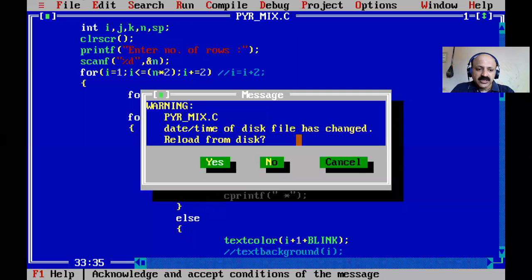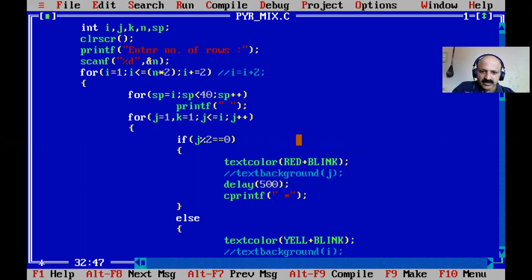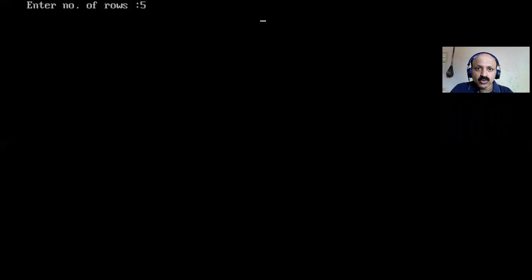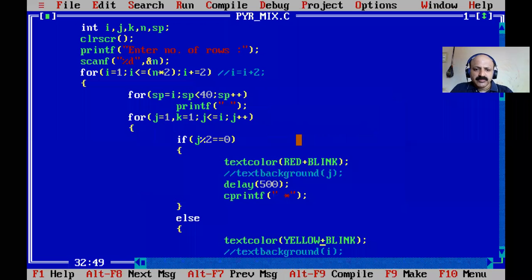So I give some ideas: here I fix the red color, and here I provide yellow, so our asterisk is yellow. How is it looking? Let us check. So sometimes that also looks better. So all are yellow and the asterisk is a red sign. That also looks good sometimes. Only one color for the numbers and one color for the asterisk. So that is blinking coloring. I think the previous one was better.